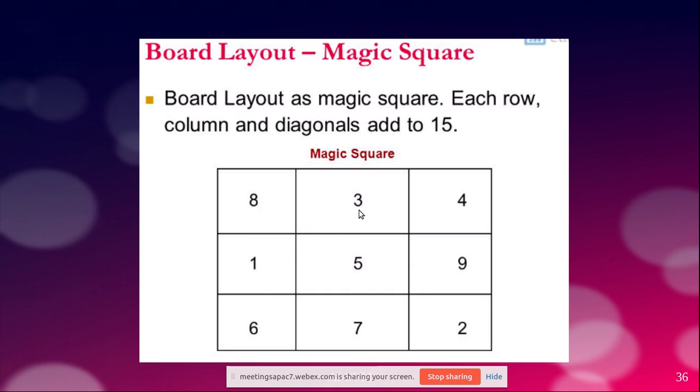That means 8 plus 3 is 11. So if you add 4, it makes 15. So now you start the other way. Instead of adding all 3 and checking, if you just select 2 of them which are there in sequence, then add them, subtract it from 15, and if you get a valid answer, then use that.